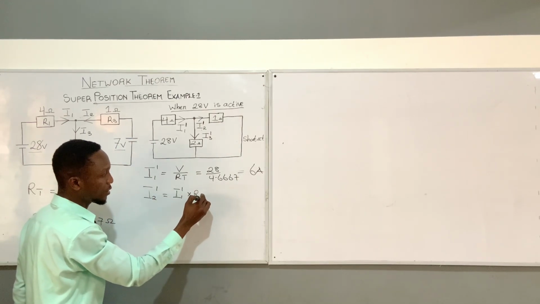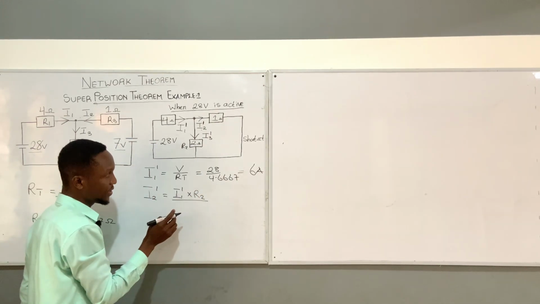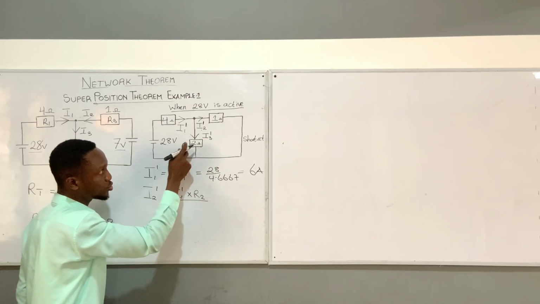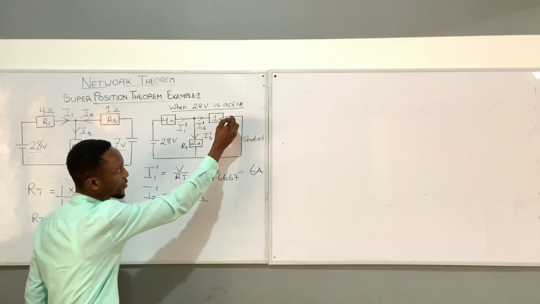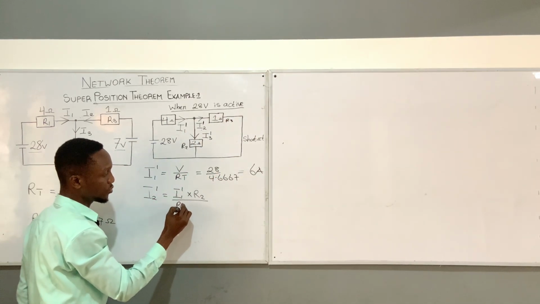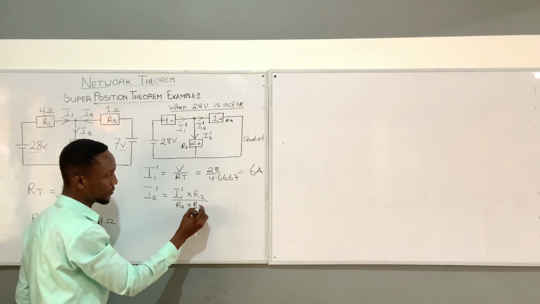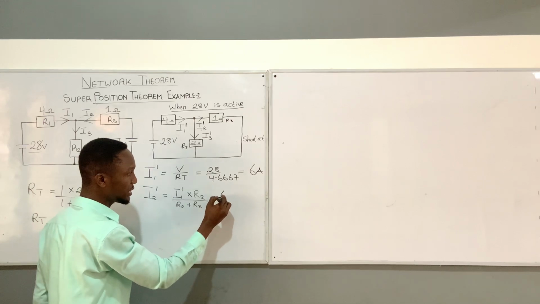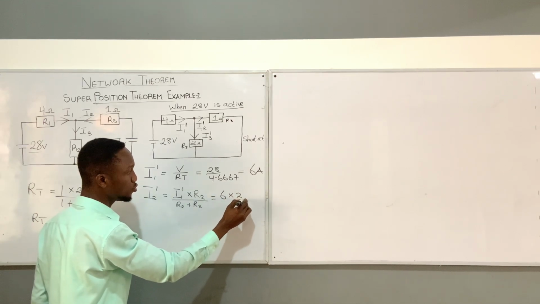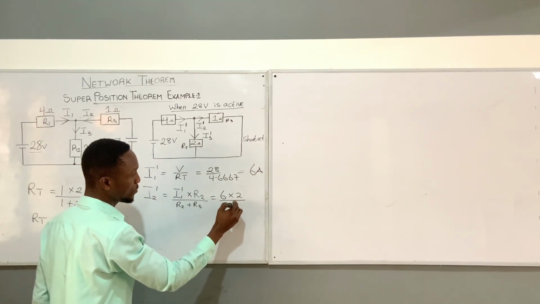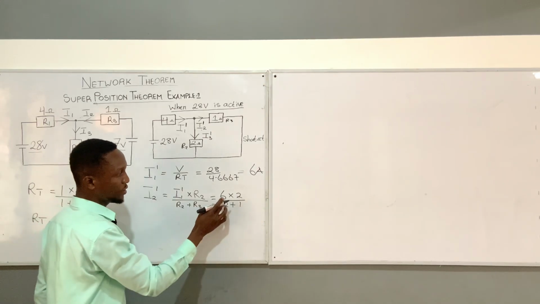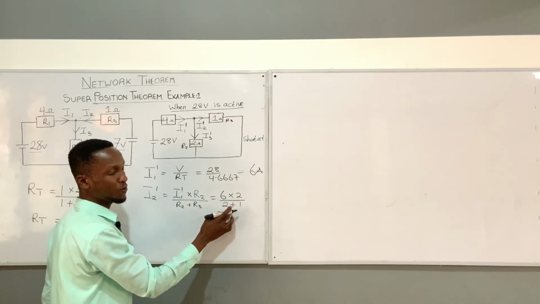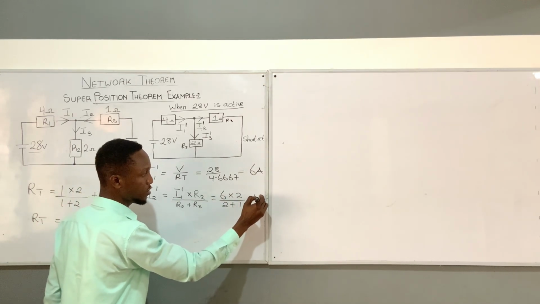This side is called R2. Then we divide the result by R2 plus this R3, okay? So R2 plus R3. Now, when you put in the values, we are getting 6 times 2 over 2 plus 1. So now when we divide, this is giving us 12 over 3,